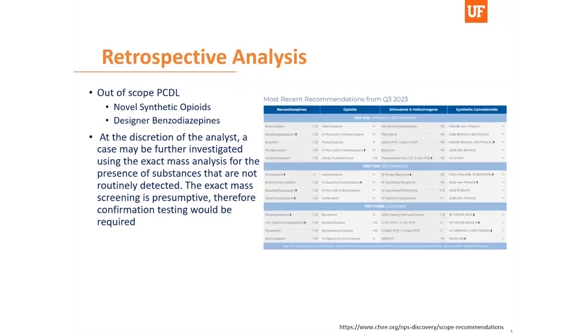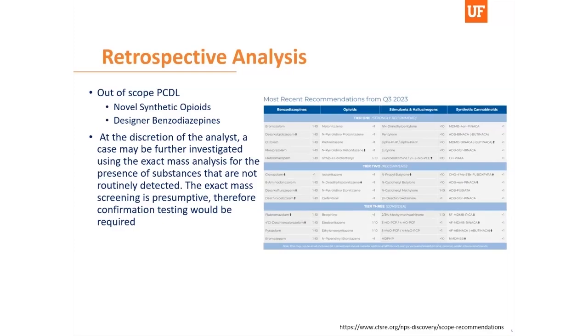From this method, I routinely check for compounds that are out of the scope of our testing. Any QTOF platform should be capable of retrospective analysis, but for my talk today, I will be focusing on the Agilent perspective. Agilent has a personal compound database and libraries, or PCDL, which allow users to search by formula, accurate mass, and retention time. The use of retention time increases the compound's identification specificity. Our laboratory uses the scope recommendations from the Center for Forensic Science Research and Education to try and keep our PCDLs up to date